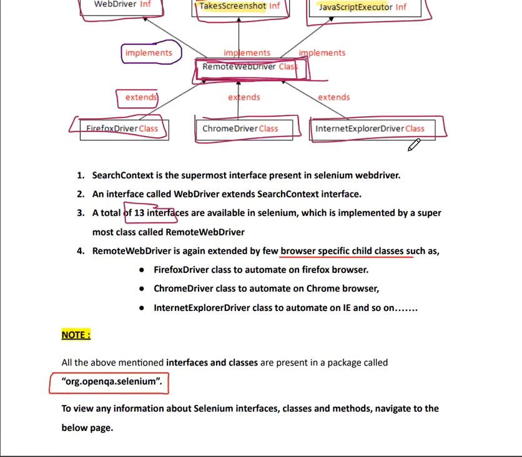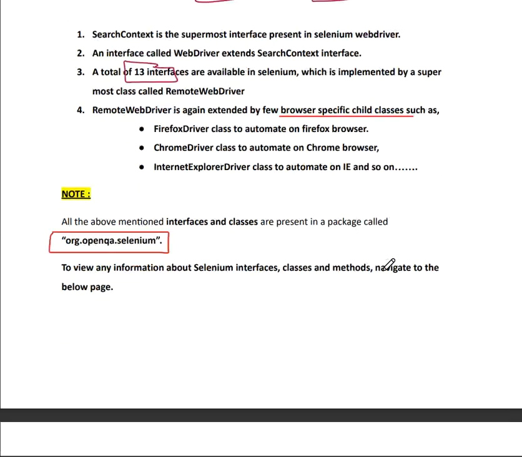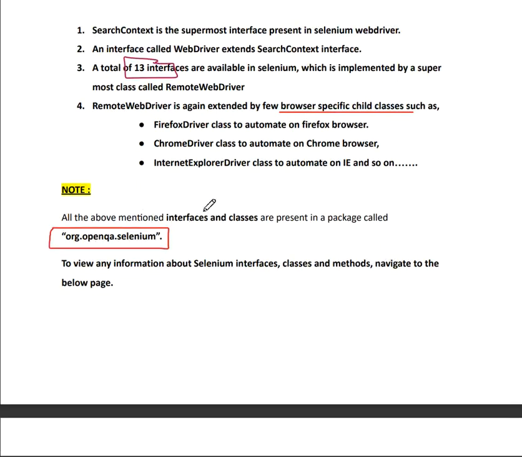RemoteWebDriver is again extended by a few browser-specific child classes, such as the FirefoxDriver class, which is used to automate the Firefox browser, the ChromeDriver class, which is used to automate the Chrome browser, and the InternetExplorerDriver class, which is used to automate Internet Explorer, and so on. So all the above mentioned interfaces and classes are present in the package